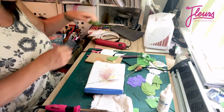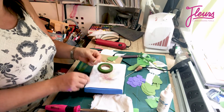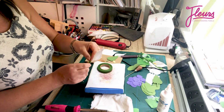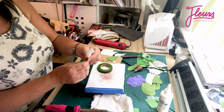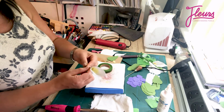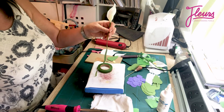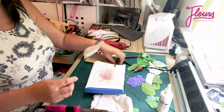So to make it look even better, I'm going to get a piece of floristry tape, and I'm just going to take my floristry tape and give it a little bit of stretch to release the glue, and then I'm going to go all the way around, all the way up to the top, and then I'm going to go over the bottom of the foam to catch it all in. I'm going to go around that a couple of times, and then I'm going to come down and then all the way down to the bottom, stretching it through this hand as I go. So this is always pulling it nice and taut to get it really easy to shape, and then scissors, just trim off the end. So that is the lily, and then you just need to do the leaves,